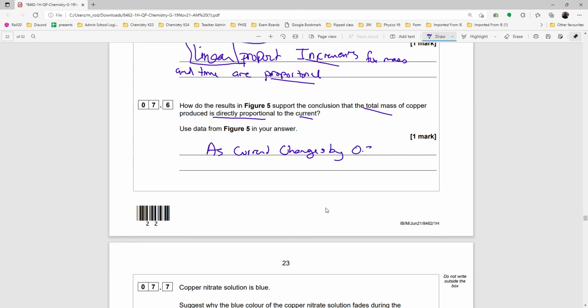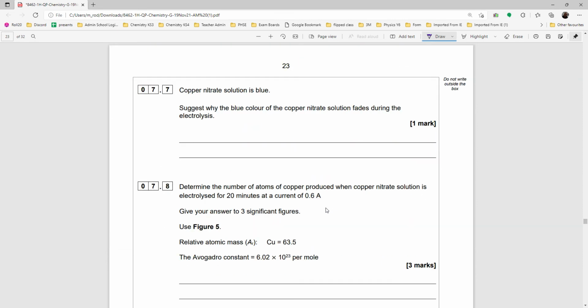By 0.3 amps, the mass changes by 1.8 grams. There we go. Copper nitrate solution is blue. Suggests why the blue color fades. Well, copper ions